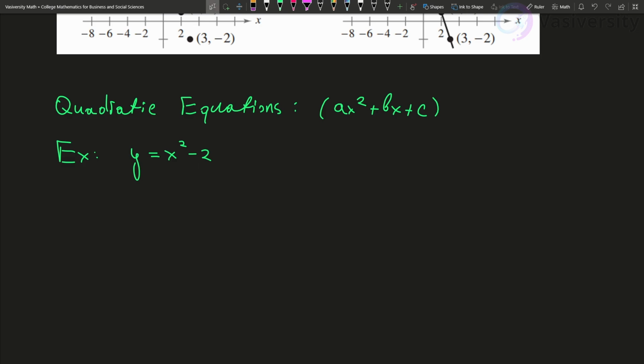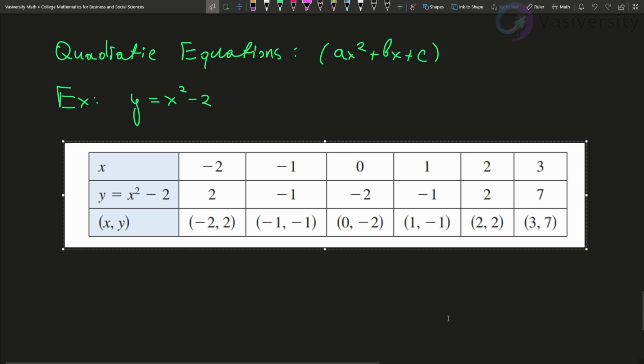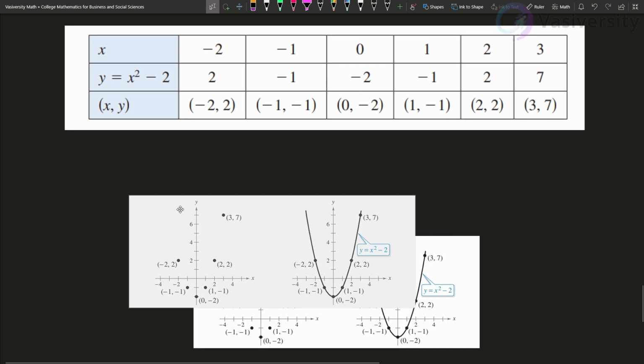So if we would do the table, essentially we can use the same table, right? The same table, but now we no longer have a line, right? We call it a parabola, right? Parabola. So it's just going to touch on a comparison with the linear equation. So this is a parabola. And there will be the table, right? Same points from -2 to 3, but now I'm plugging them in, and of course we would be getting different numbers, but it doesn't mean much until we actually plot the line. The line, and in this case, it's not a line, it's going to be a curve, right? And here is how the curve would look like,